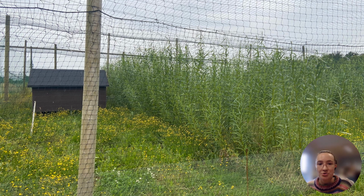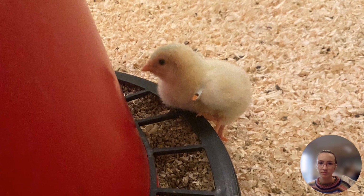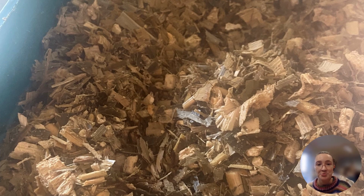It was great to see the outdoor ranges that they used being covered in plenty of grass, clover, and young willow saplings, which not only provide shelter and enrichments for the birds, but also environmental benefits. We were able to share ideas about analytical methods, the design of studies, and management of birds between our universities. I was particularly interested in their use of maize silage as an enrichment source for the broilers, something which they apparently love,